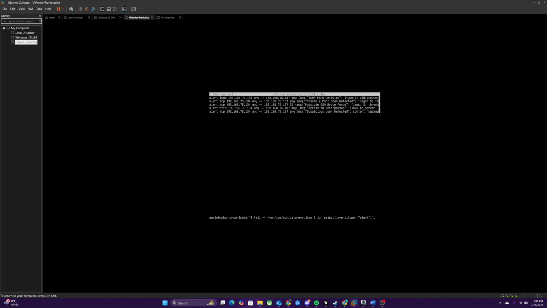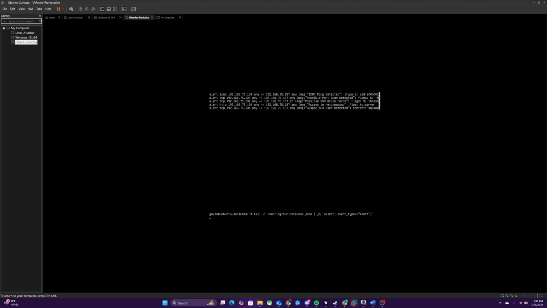To monitor alerts in real time, I use the following command, as seen below. This command filters EVE JSON to display only alert events, a great way to see Suricata in action as traffic flows across the network. As a demonstration, let's walk through the commands I use to simulate each attack and verify that Suricata responds appropriately. As we swap to Kali,